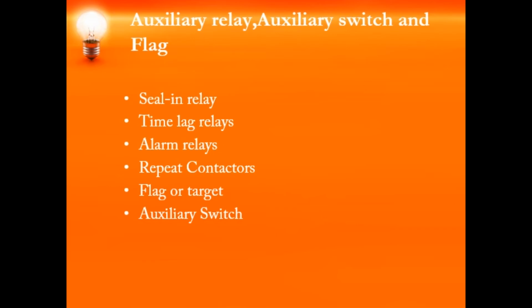The auxiliary switch is connected in series with the trip coil circuit. It is mechanically interlocked with the operating mechanism of the circuit breaker so that the auxiliary switch opens when the circuit breaker opens. The opening of the auxiliary switch prevents unnecessary damage or drainage of the battery. When the trip coil of the circuit breaker is energized, it actuates the mechanism of the circuit breaker, which causes the operating force to come into action to open the circuit breaker. So this is all about the auxiliary relays. Thank you.